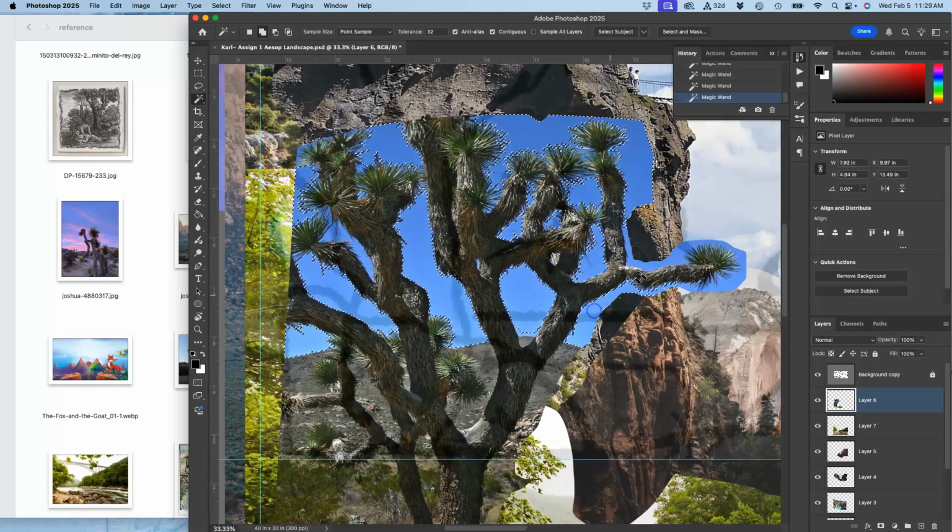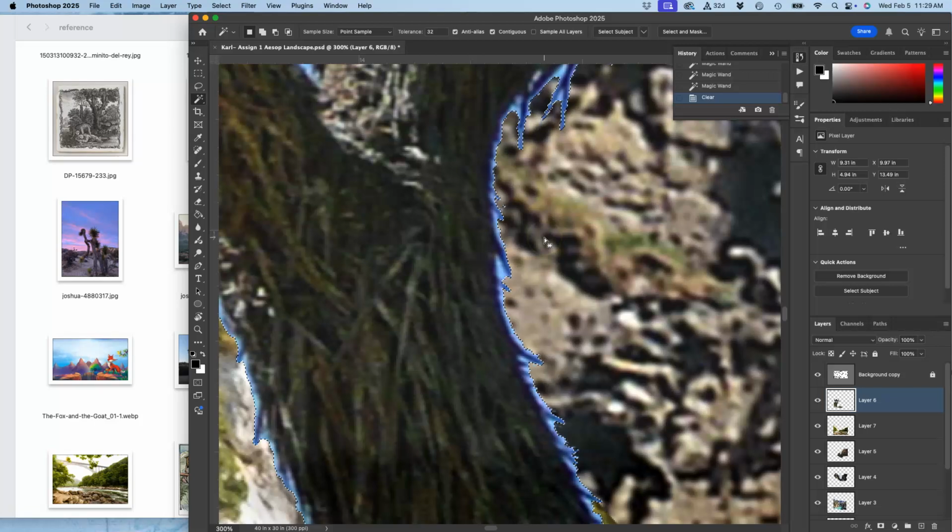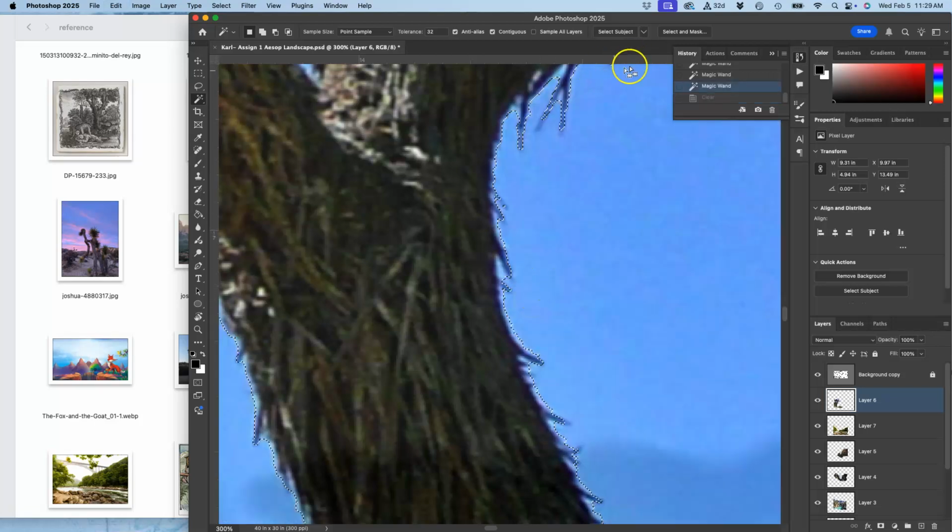Just using that magic wand. And now I'm going to hit delete, and it will just give me a really strong cutout. You can see that kind of blue halo. But if before I hit delete, I hit select and mask,